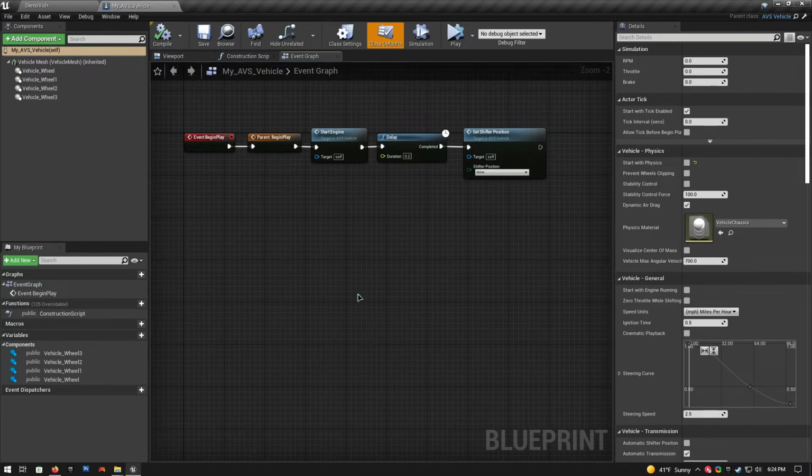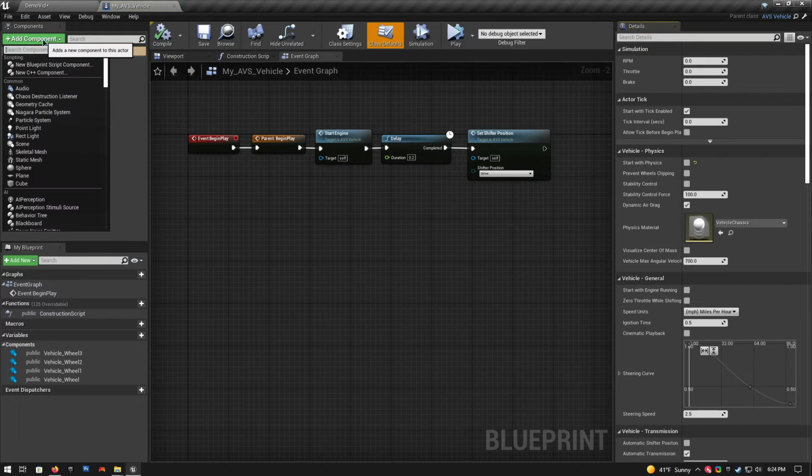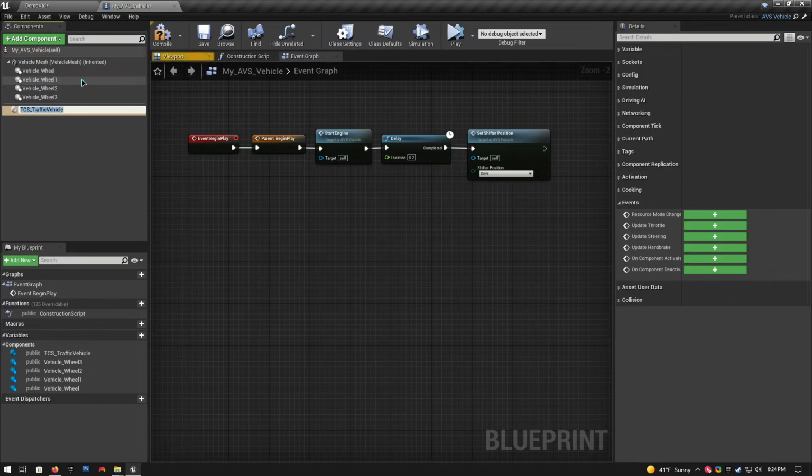So what we need to do here is drive our inputs from the traffic control system into our vehicle somehow. So the way that's done is with a component here called TCS Traffic Vehicle. This handles all the movement when physics is disabled, as well as the AI and sending the inputs to the vehicle when physics is turned on. So the first thing